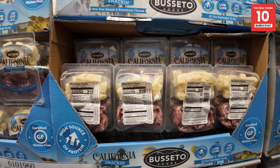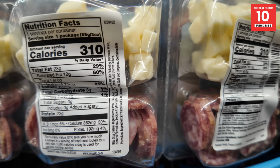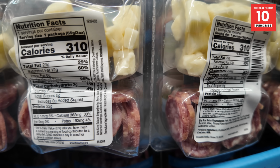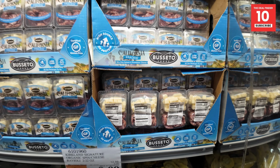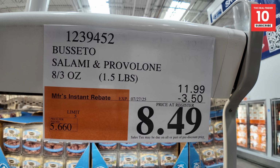Now, they have 310 calories per serving. They have a good amount of protein, 22 grams. That's good. But they have 900 milligrams of sodium. So if you had 2, that's 1,800 in a day. If you had 2 today, maybe 1 tomorrow, you're going to swell up. $3.50 off the price,